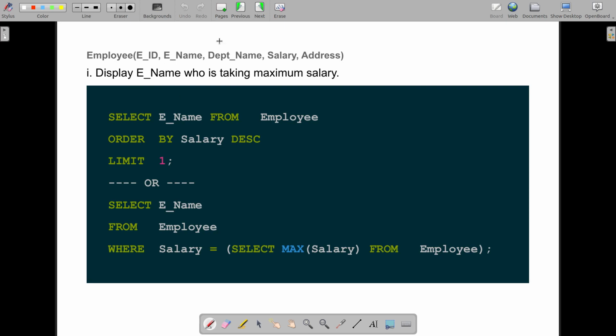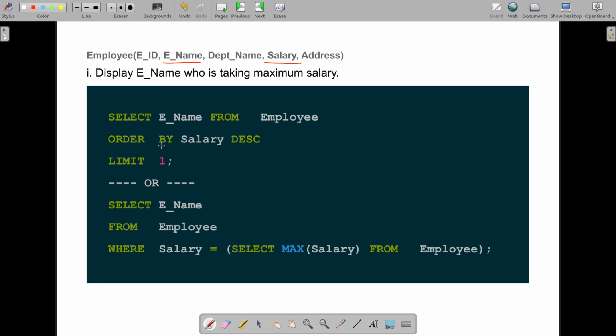So this is a single table, we do not need to perform any join. We have this salary column here and E name here. There are two approaches to find the name of the employee who is taking the maximum salary.